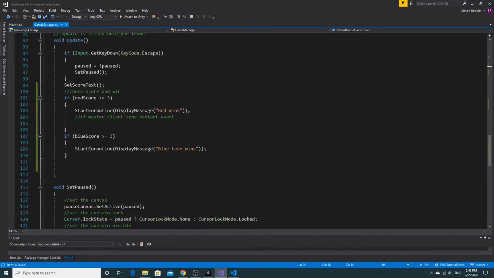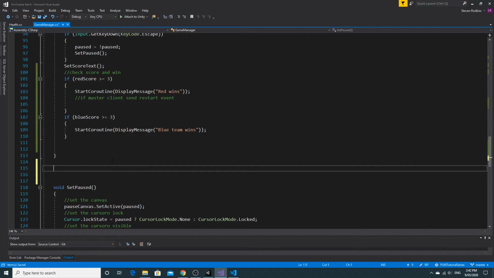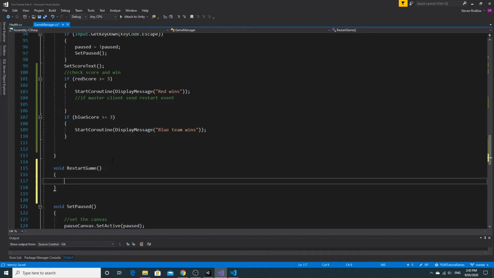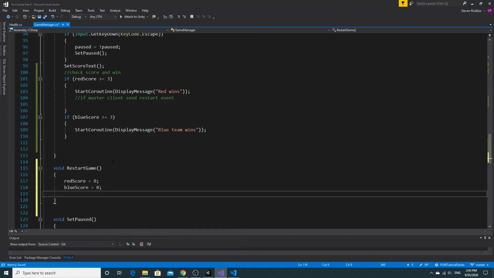Then we're going to go down to basically a restart game. So I'm going to create a restart game function, and for now we're going to make this restart game function just a non-coroutine, so we'll just run it instantly. So we're going to call this restart game. It's funny I always spell it like that, and we don't need any parameters right now. So a few things that we need to do. Obviously we need to set the scores to 0, so red score and blue score all equal 0, and then we're going to do the Photon network,